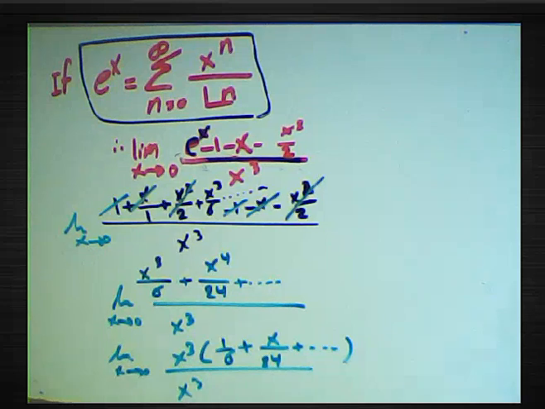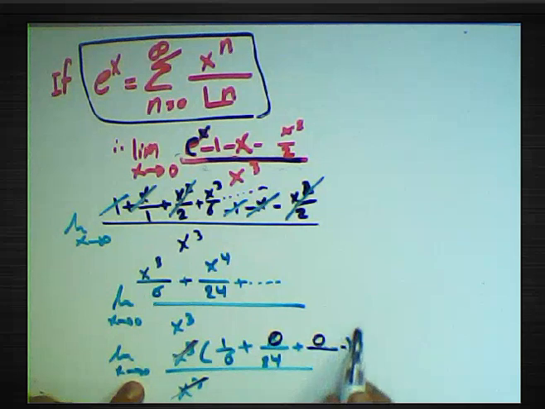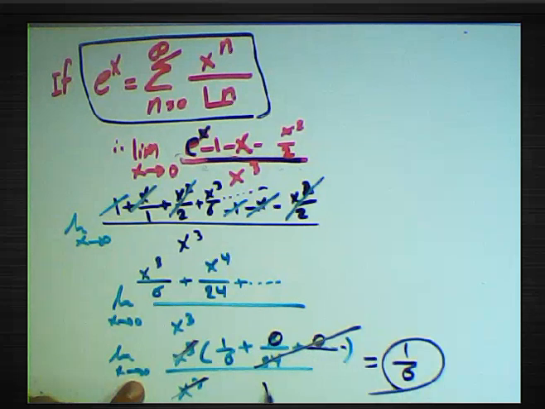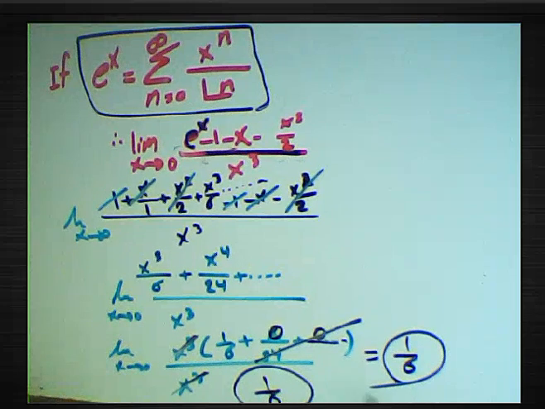We can cancel x cubed by x cubed and then put x equals 0 here. It will be 0, and here 0, 0. The result here will be 0 plus 1 over 6, so the result will be 1 over 6. About this example, the result will be 1 over 6. Okay,